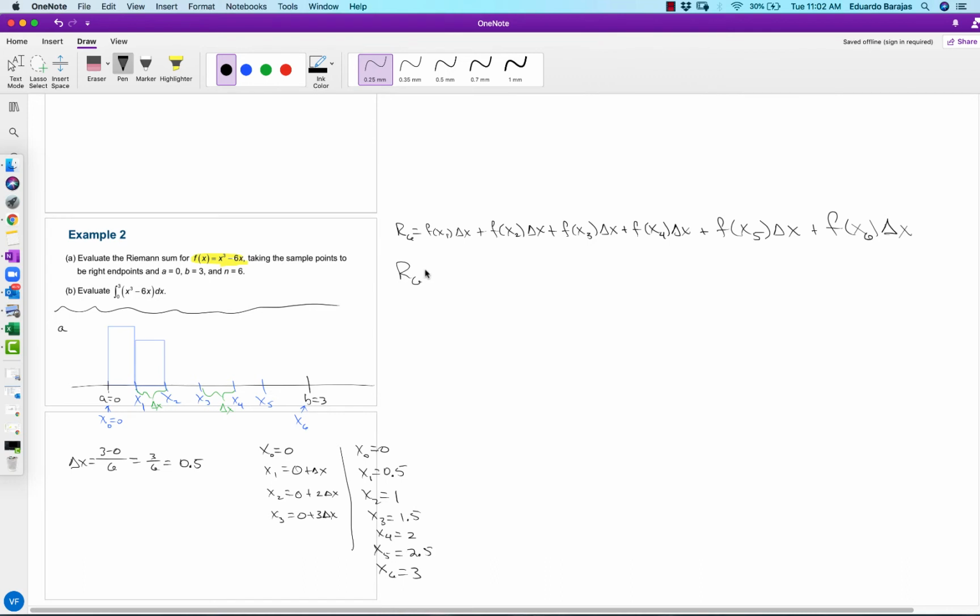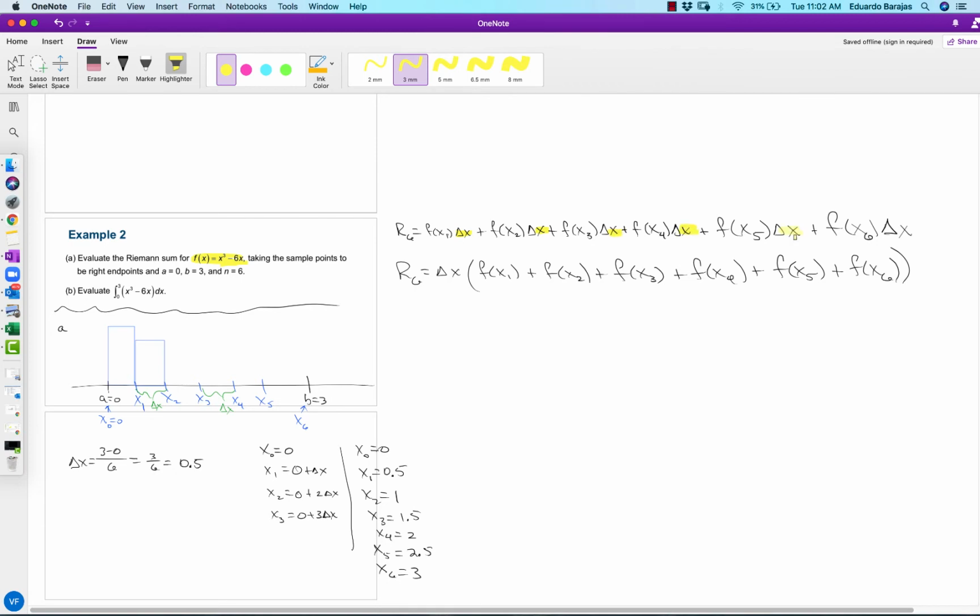Okay, well, in this sum they all have a delta x in common, so let's factor out a delta x. So R sub 6 equals delta x times f of x sub 1 plus f of x sub 2 plus f of x sub 3 plus f of x sub 4 plus f of x sub 5 plus f of x sub 6, right? Factoring out, noting that they all have a factor of delta x. And delta x, as we determined, was equal to 0.5, so this just becomes R of 6 equals 0.5 times